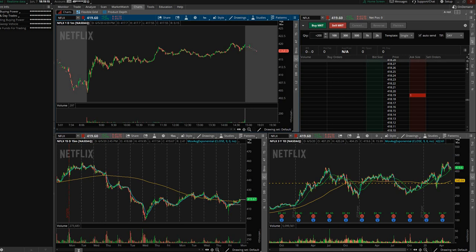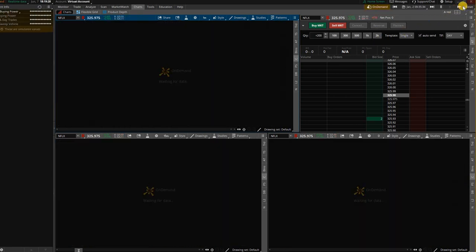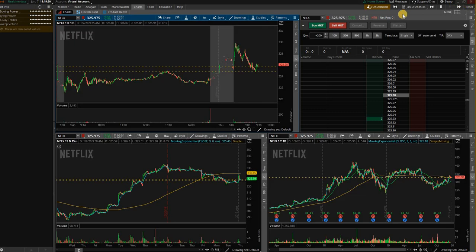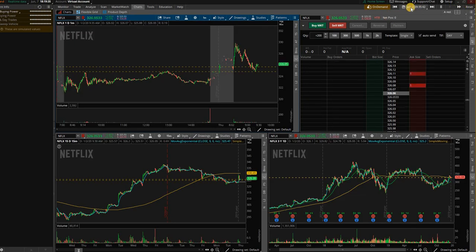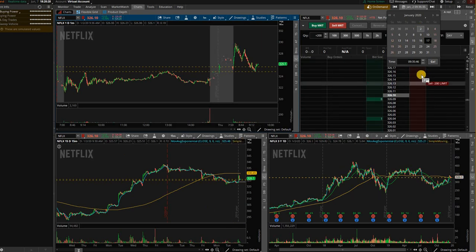So simply what you do is you click this on-demand feature in your ThinkorSwim platform. I'm assuming that you already have the ThinkorSwim platform by TD Ameritrade, and you open it up and go to the on-demand feature, and you click on it, and basically it takes you back in the past. You can see a calendar option here. You can click on it. You can go back anytime in the past, and you can select any date, any time, and it will take